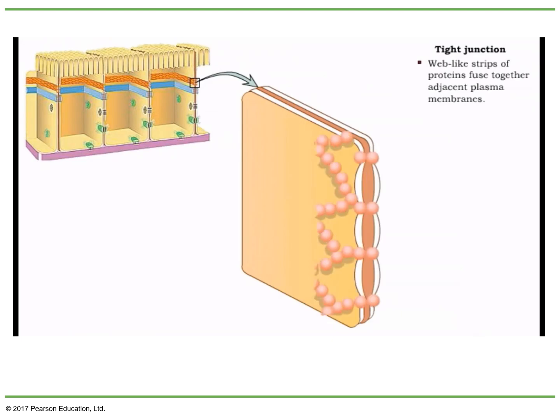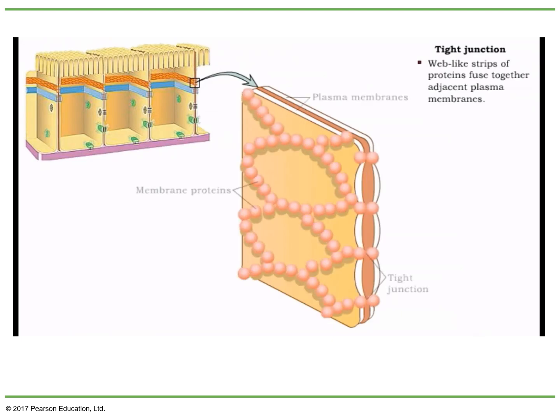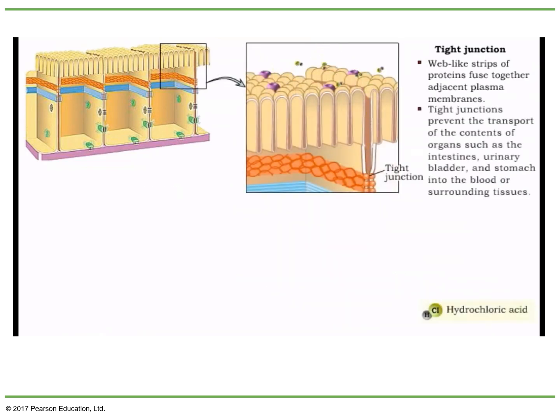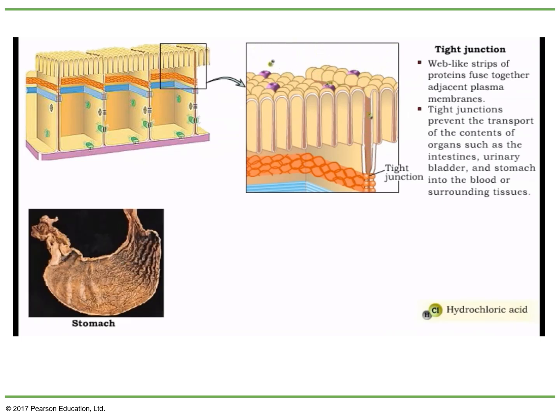The tight junction is an area where the plasma membranes of adjacent cells are fused together. These junctions protect underlying tissues from harmful substances by restricting the movement of substances, like hydrochloric acid, in the spaces between cells. Tight junctions are found in tissues lining the surface of organs and body cavities, such as the stomach,